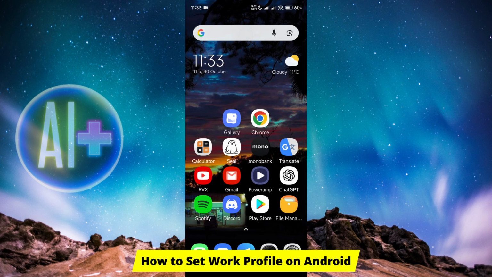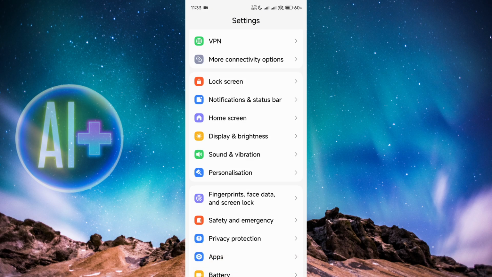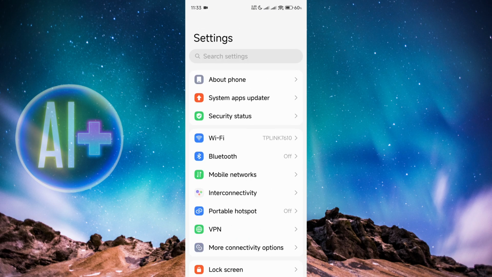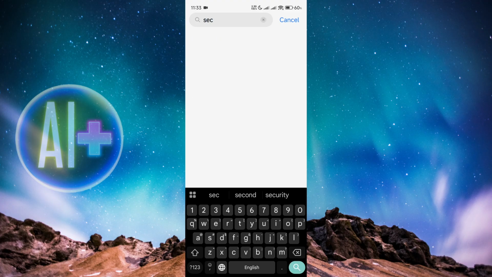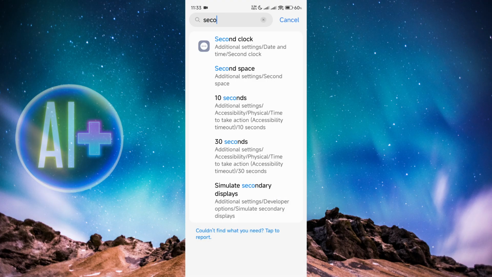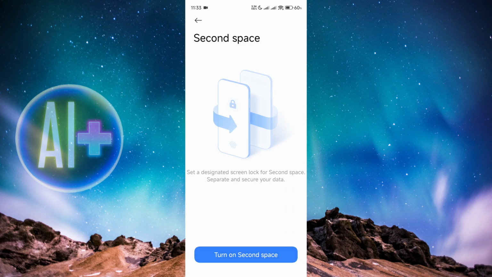In this video I'll show you how to set your working profile on Android. One of the ways to do this is to use Second Space. I have a Second Space, for example. There it is, the Second Space feature to pretty much make a copy of your phone, so that you don't have